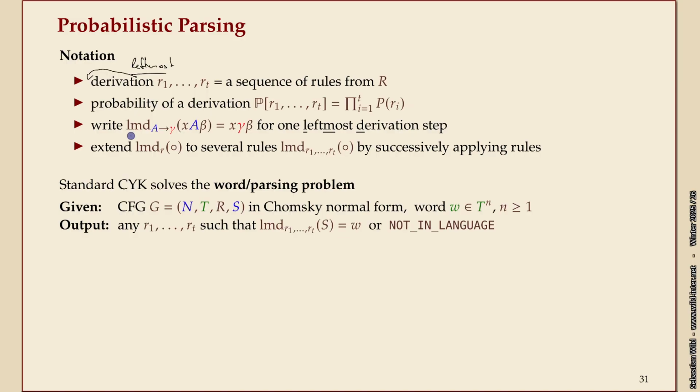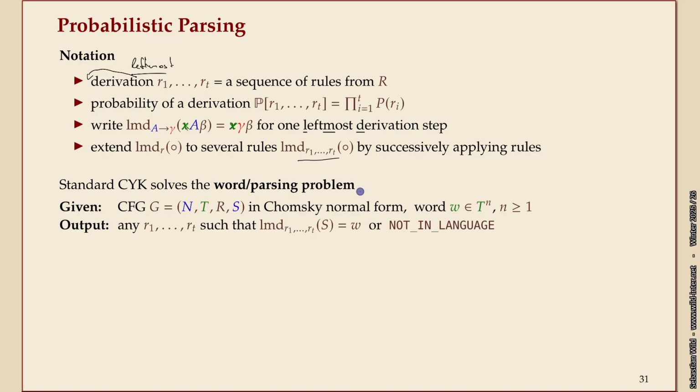It's convenient to have this notation, leftmost derives. So I take some current sentential form, and there's in the index a rule, and I apply this as a leftmost derivation step. So this should have been green to make it extra clear that the x only represents terminal symbols. Then there's a non-terminal A coming that I'm not replacing by gamma. The Greek letters mean any sentential form, a mixture of non-terminals and terminals. I can do this for one step, or I can do it for an entire sequence of rules, an entire derivation.